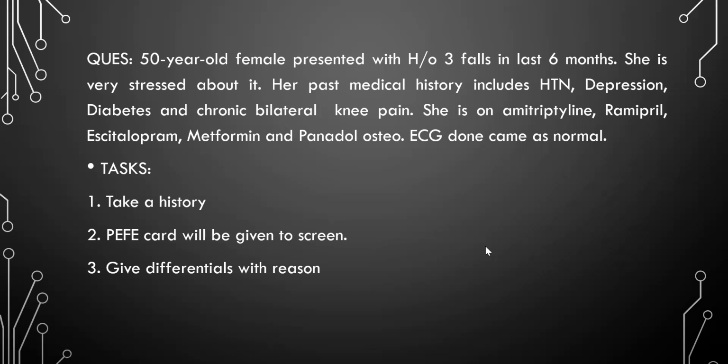That's really good. Okay. Now, the couple of things that I would like to add in this case. So the first thing to remember in any of these cases is that if they give you a task like this, like give differentials with reasons, now there is no task of giving an appropriate diagnosis, but it's still always start with your best possible diagnosis in these cases. That means what is the most likely diagnosis for her having a fall, guys?